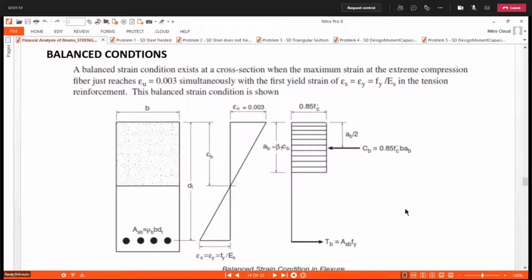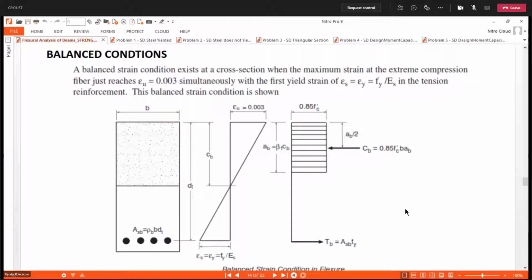If these two simultaneously occur on a particular beam, on a certain condition, we can say that we have a balanced condition. Simultaneously, these two occur, okay? So the concrete reaches the maximum strain of 0.003 and our steel yields. Okay? So the condition is that when